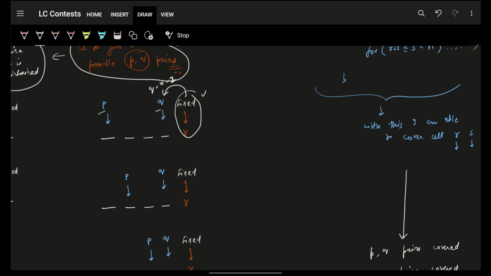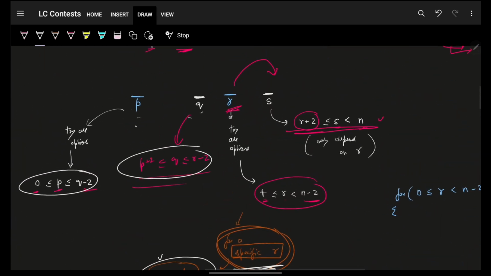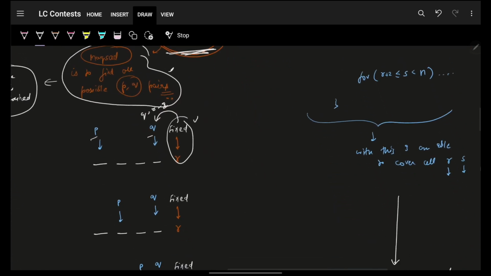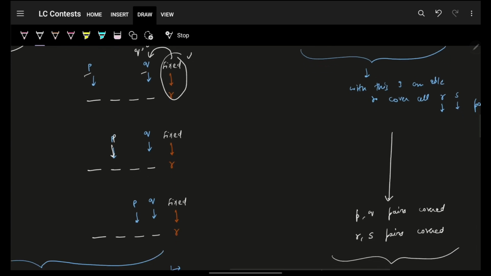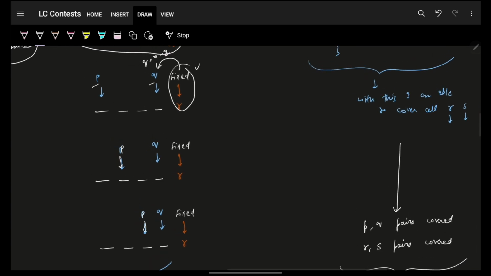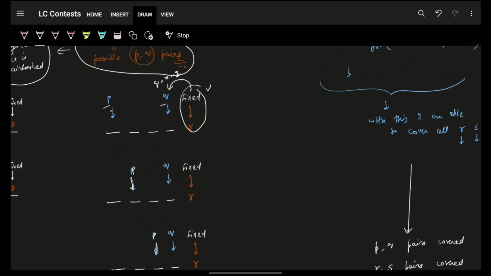Again, you see that I fixed Q also, although it is kind of a violation of what I wanted, because I want to try for all possible PQ pairs, right? But here I'm saying I fixed Q. If I fixed Q, then only P will move. So technically you covered all PQ pairs such that your Q is fixed, but P goes from here,